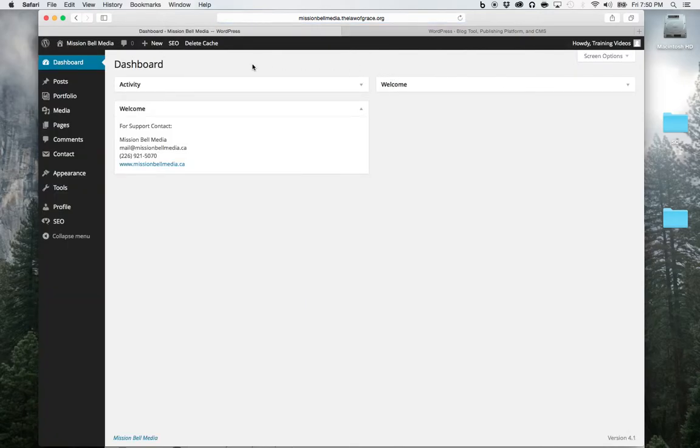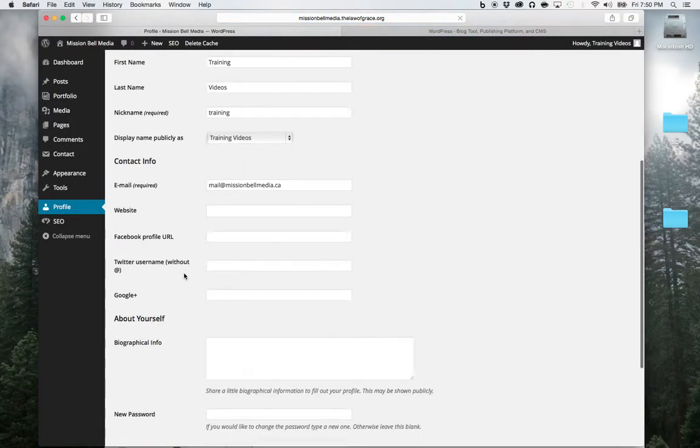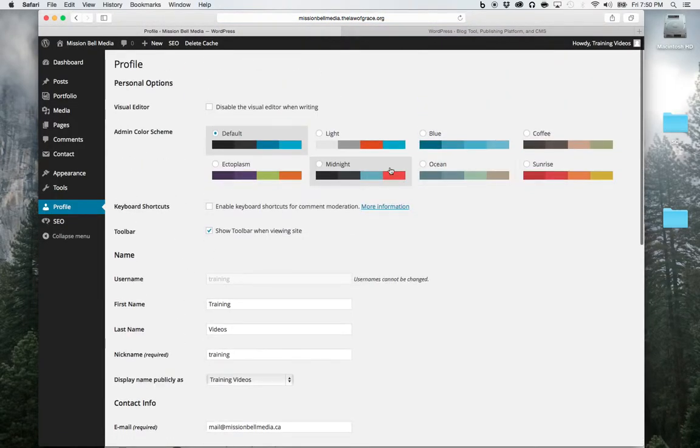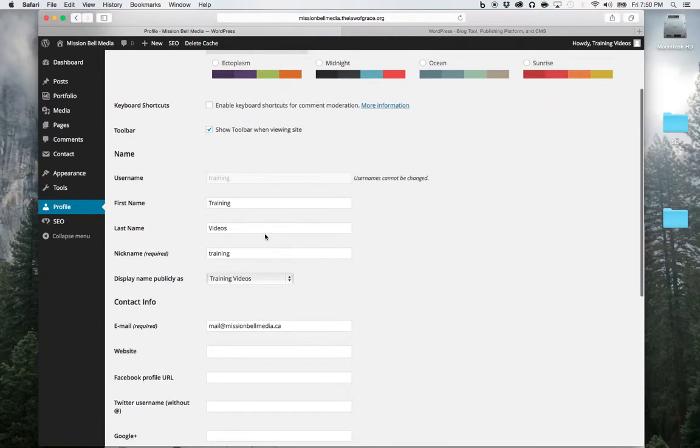All right, so you can see I've got a somewhat smaller dashboard here with a few less options. Instead of having the users where I can go in and edit all the other users, I've only got my own user account here, which is the profile. And I can customize this, things like my color scheme that I want. This is only going to be the color scheme for the back end, so it's just a personal preference thing. Here you can put in your